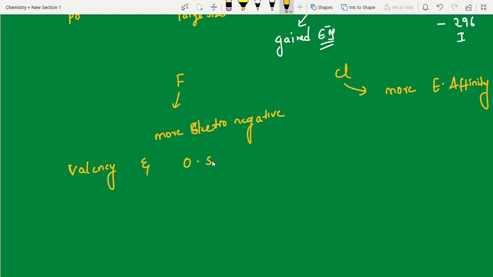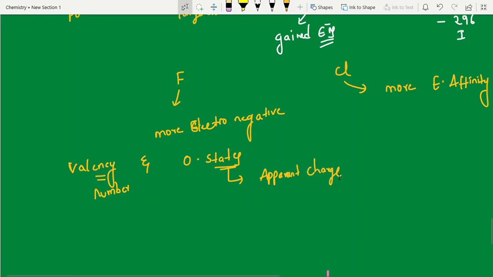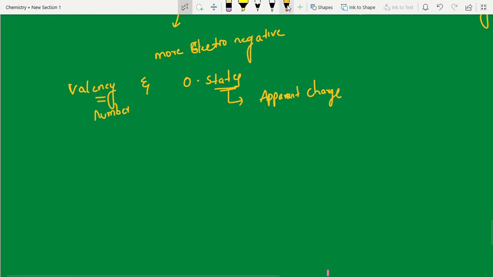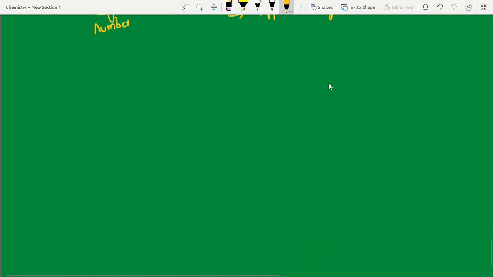Valency and oxidation state. Valency is nothing but just a number we are representing, students. Oxidation state is the apparent charge. We have to represent the charge also, whether it is losing electrons or gaining electrons. Metals lose electrons, non-metals gain electrons. I am going to list them out here, students. After this, I am going to close this one, and do the next part in one more video because it is lengthy. Now, see, valency, oxidation number.